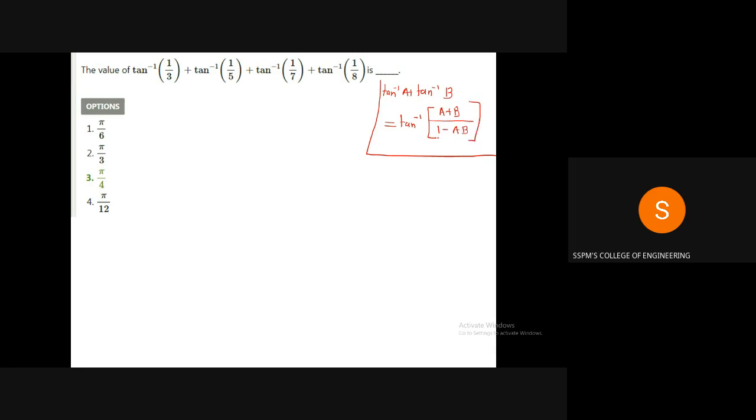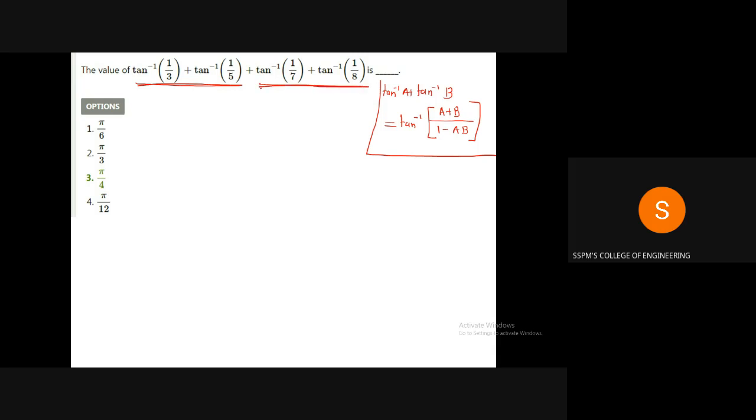So you remembered one formula in the last example. This is one new formula that you have to remember. Tan inverse A plus tan inverse B is equal to tan inverse A plus B divided by 1 minus AB. So for the first two terms, we will use this formula and then we will repeat that formula for